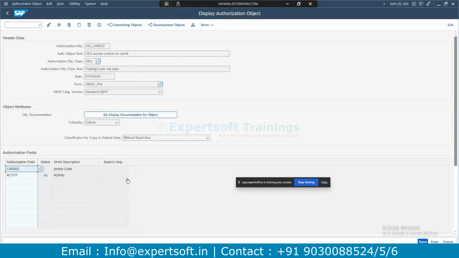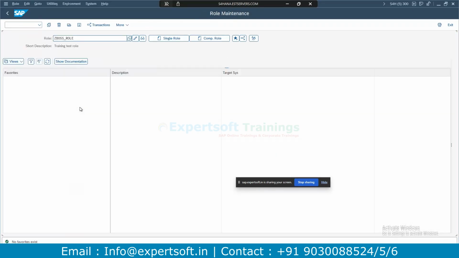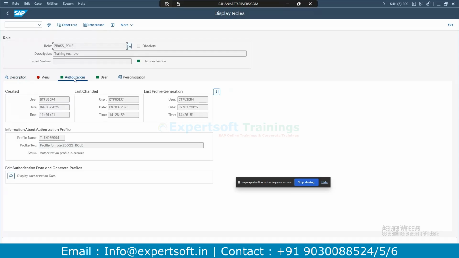But now, how do we define which business user sees which data? Okay, let me show that also. Currently, you have only given the authorization field in an authorization object, but you haven't mentioned which data the particular user is allowed to see. That we can define in the role, in the authorization, display authorization data,